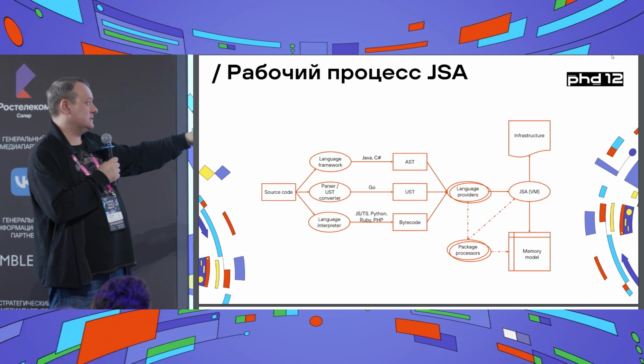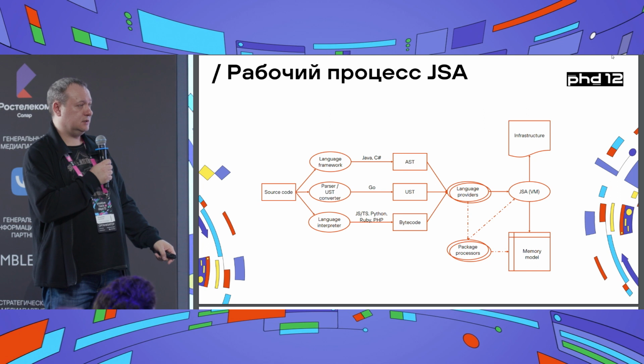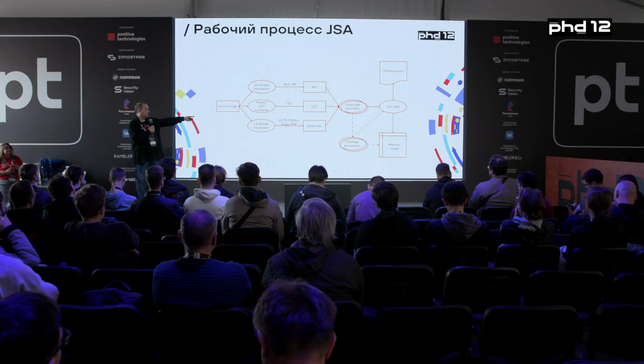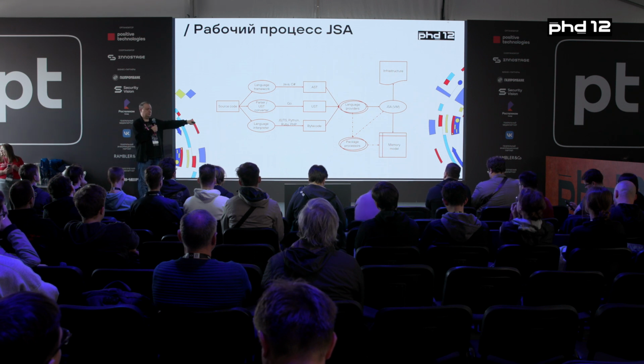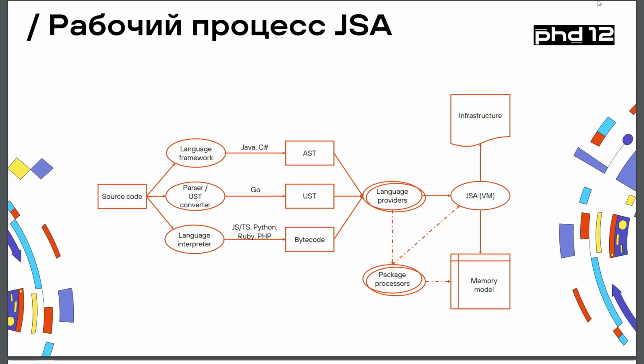Depending on the language, we work differently with its presentation. Some languages use abstract syntactic trees, others use our own syntactic tree, yet others are compiled into bytecode and analyzed in this form. But in any case, any of these three presentations